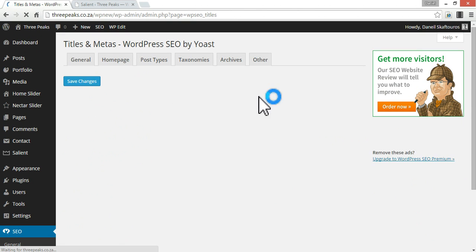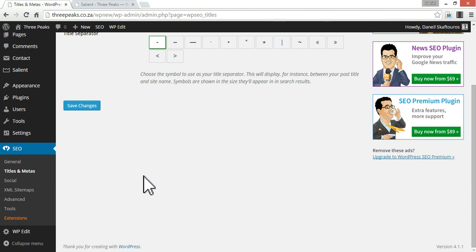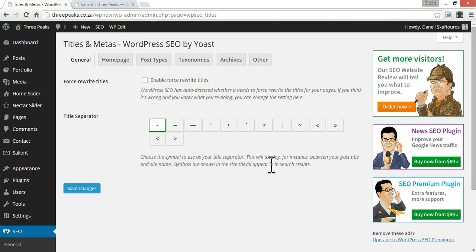So for a start, you can change the title and meta descriptions here for the website, but for now we're just going to leave all this stuff and go to the next plugin,